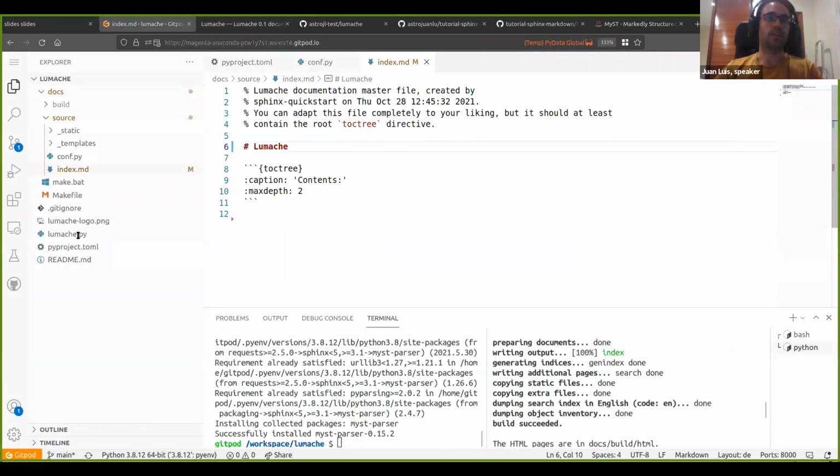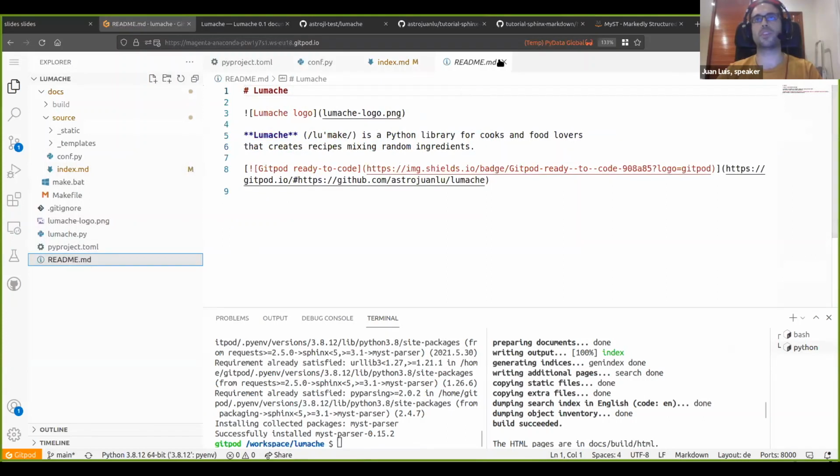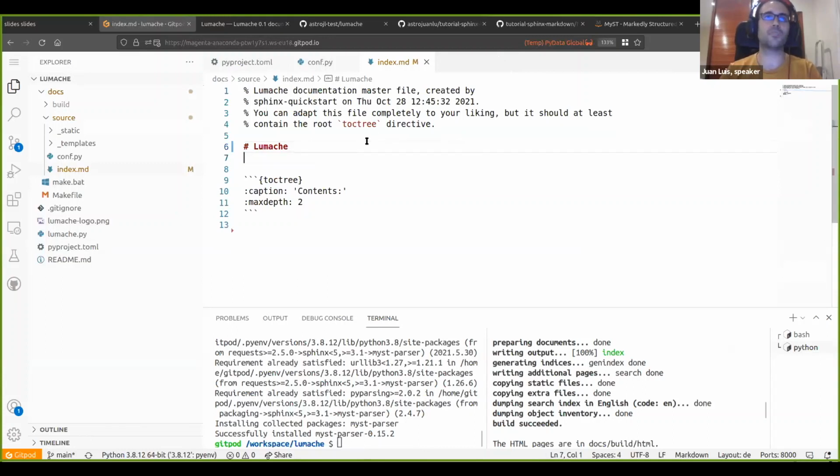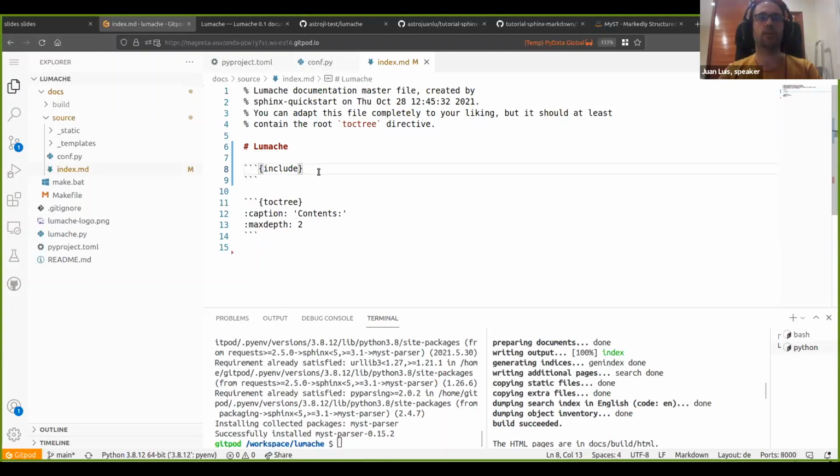I'm going to give you a trick that many of you will appreciate. You can thank me later. So, I already wrote some documentation about the project here in the README. So why not include the README in the documentation? And it turns out that with MyST, this is really, really easy. So I'm going to add a directive called include. This is the syntax for directives: they come in triple backticks, and in braces, the name of the directive. And I'm going to tell it to include the README.md, which is 2 directories above, and to keep